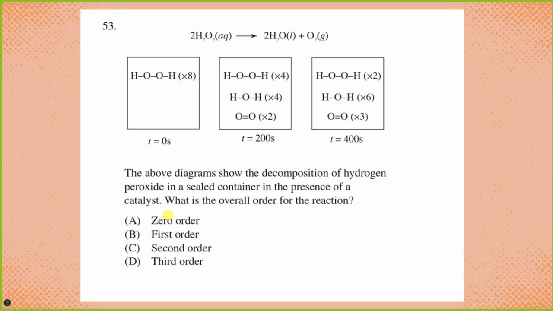Okay, so here is another hydrogen peroxide diagram showing T equals 0 seconds, T equals 200 seconds, T equals 400 seconds. The above diagrams show the decomposition. What is the overall order for the reaction? Let's see here. 200 seconds. There's 4, 2,